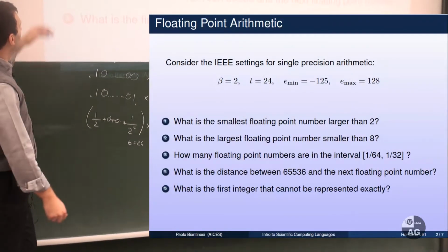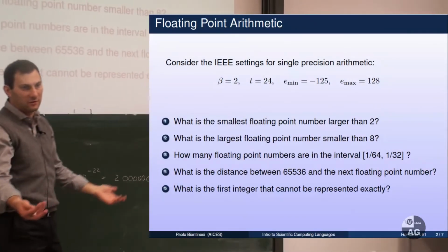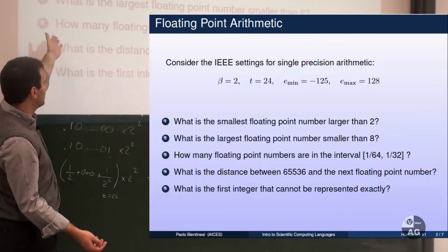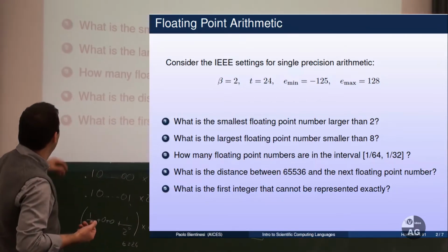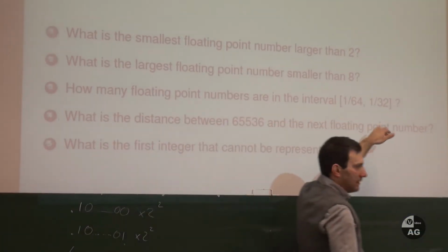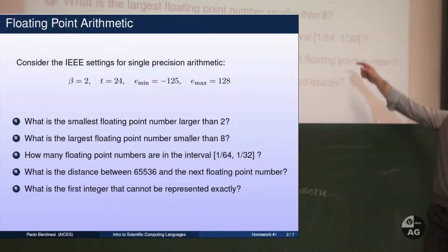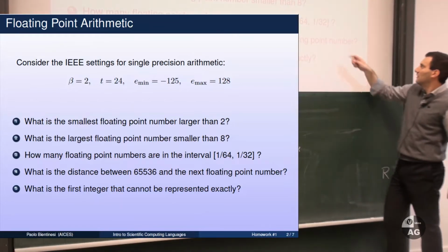Then, what is the largest floating point number smaller than 8? This is very, very similar. You just figure out what is 8 and you go backwards by 1 step. How many floating point numbers are in the interval blah? Actually, it's amazing. Many of you guys got confused by this. I don't know why, but